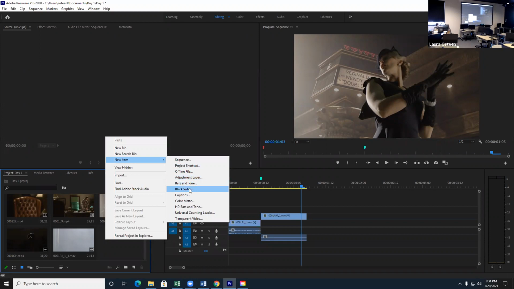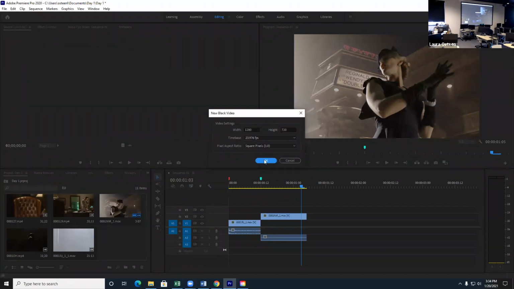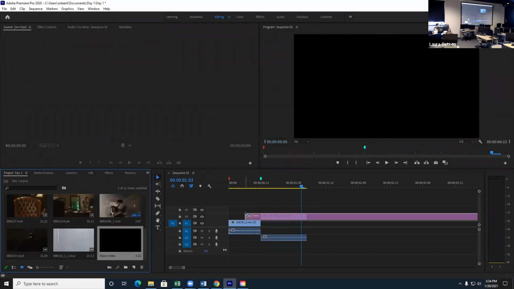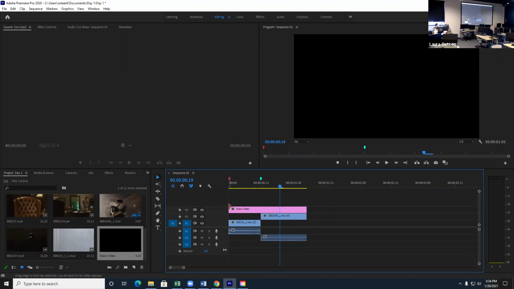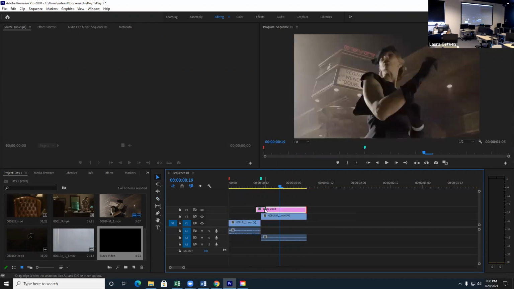You can also make a black video. So I'm going to go ahead and do that. How the black video works is it's just that. It's just a big bar of black video. It's absolutely empty. So what we can do with these black videos is create a little transition of a fade to black. You can also do this with